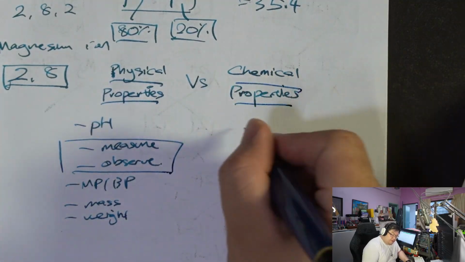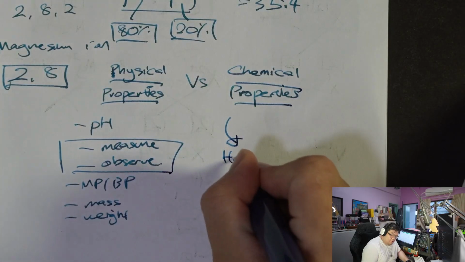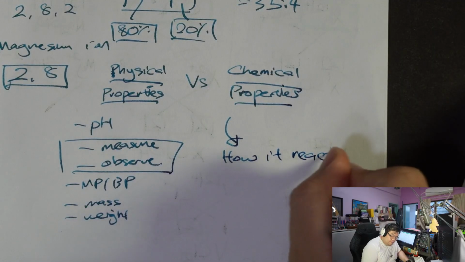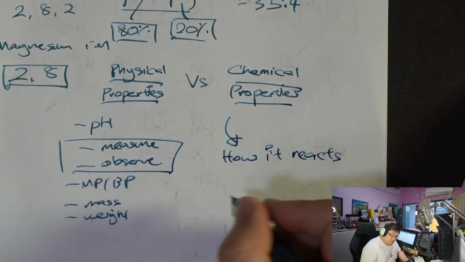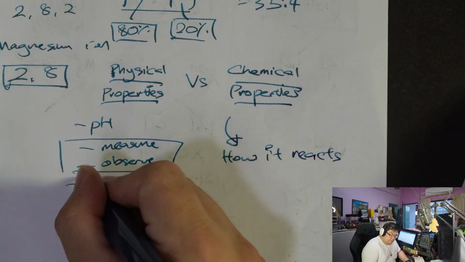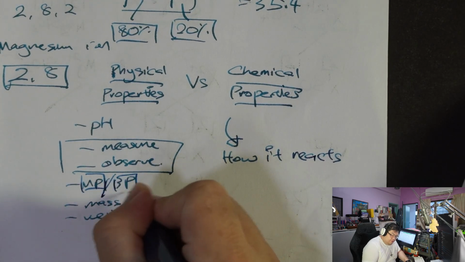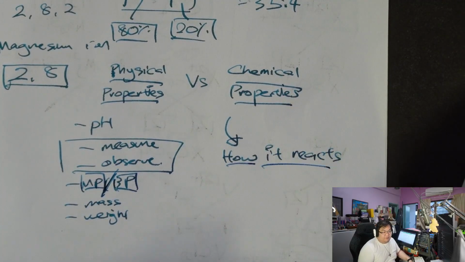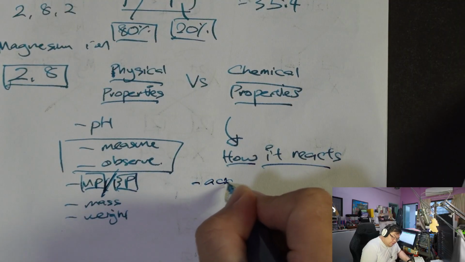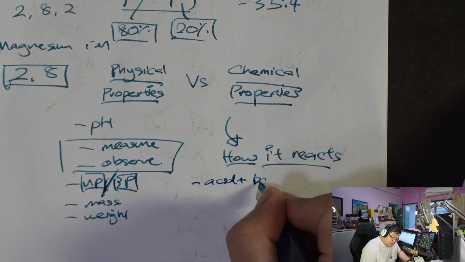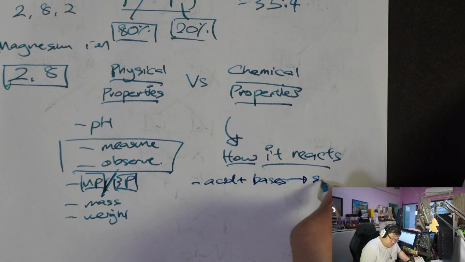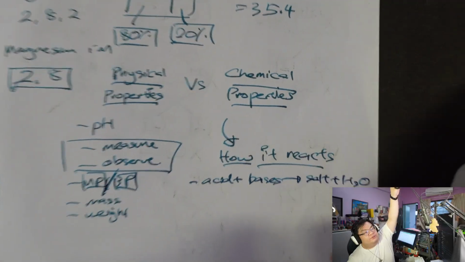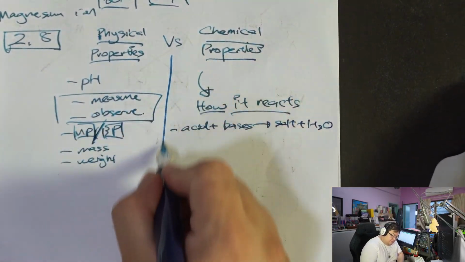For chemical properties, it's basically how it reacts. So basically a chemical reaction is how it reacts. For example, you look at acid plus base forms salt plus water and so on. So in this situation, chemical properties